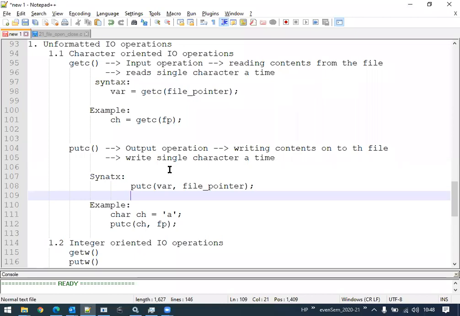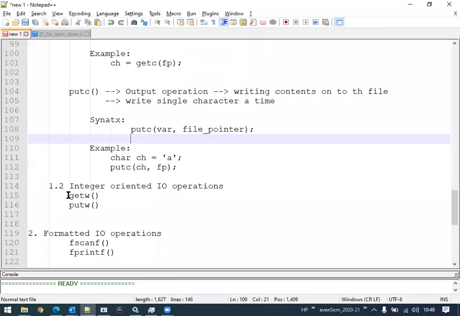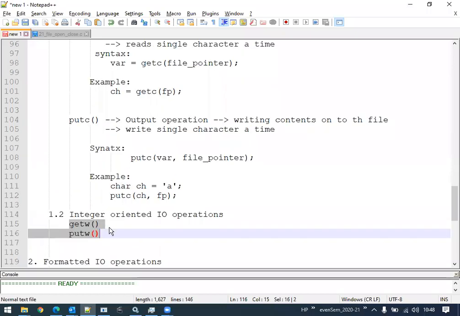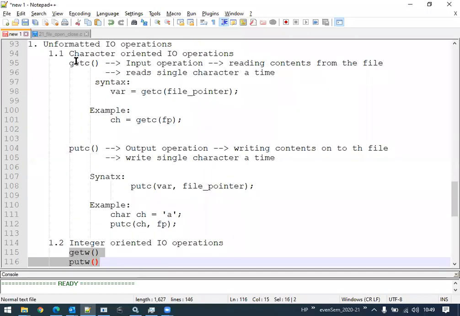No, sir. Okay. Now, this getW, putW, we will discuss in another class. I don't want to combine these explanations again with this one. So whatever we have discussed, understand those concepts and keep them in mind: the syntax of using getc, the syntax of using putc, what getc does, what putc does. Okay, fine.